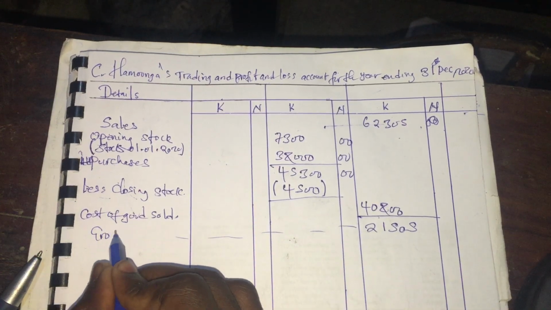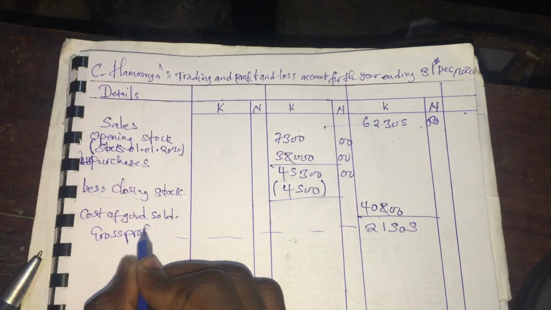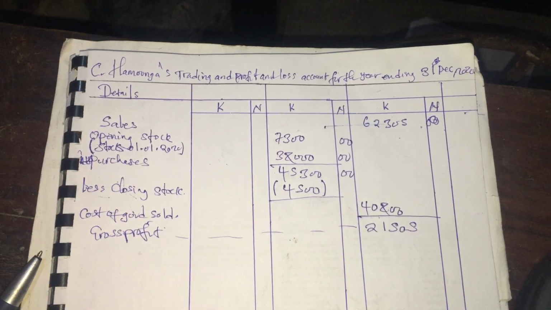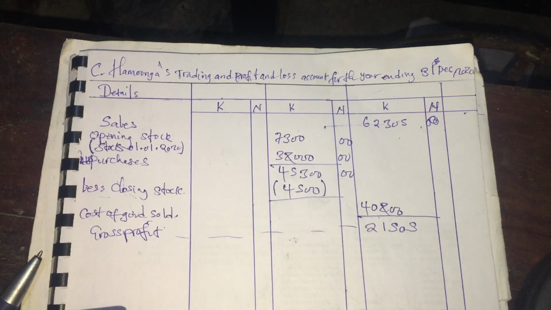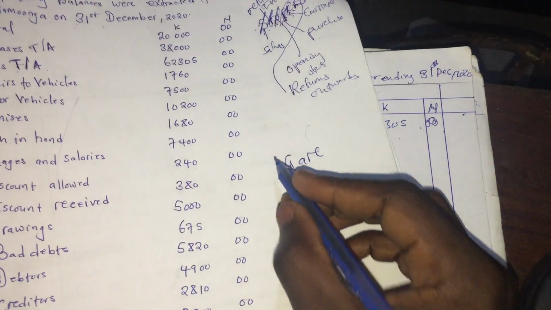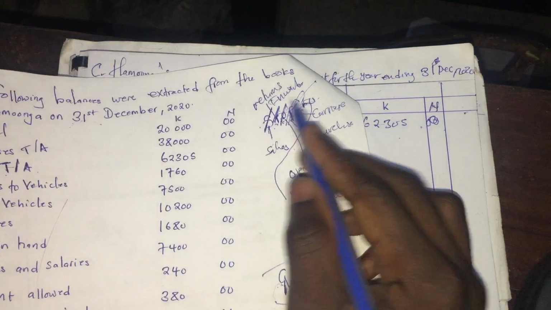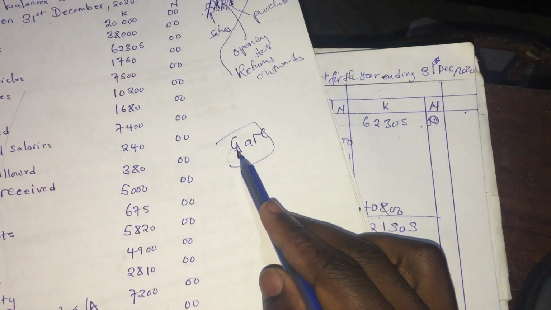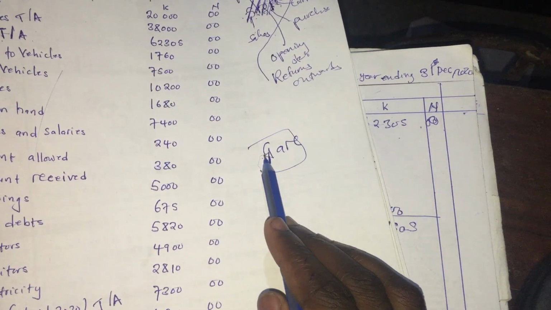Our gross profit. All right, so now the trading account has gone. So this is the profit and loss now, stroke the trading account. So GARY stands for the what? For the gross profit, or after just writing the gross profit, what you are going to